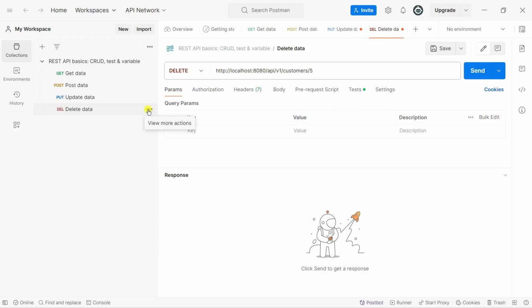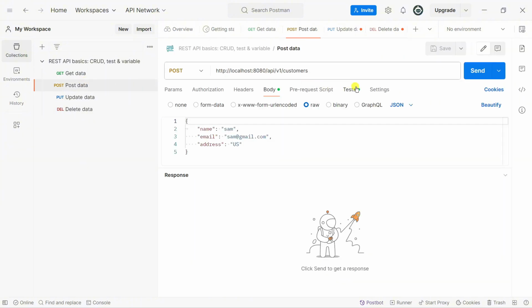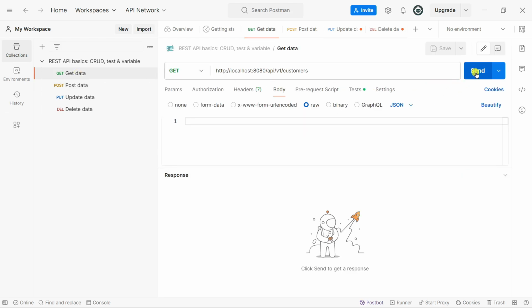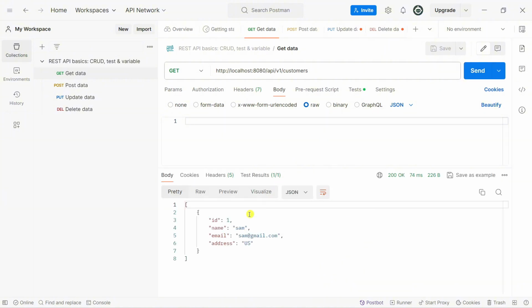Go to the Postman and simply create a new customer, and then get the customer back. So right now we have one customer with ID 1.